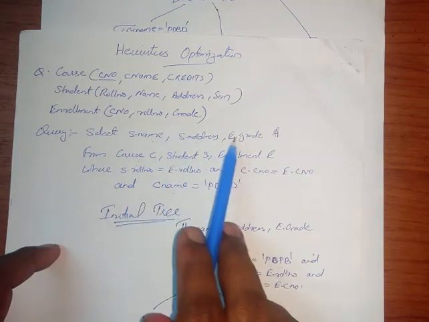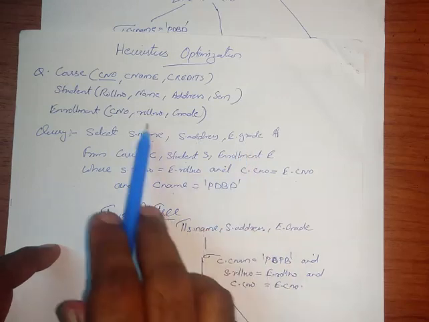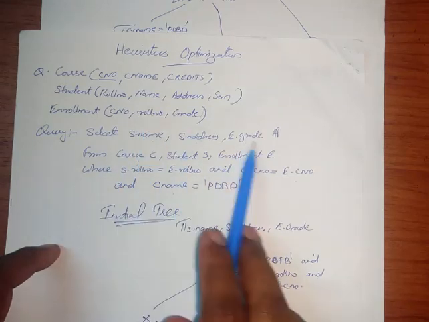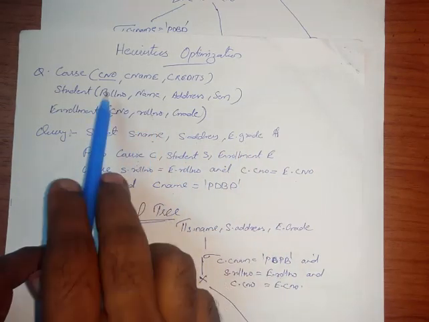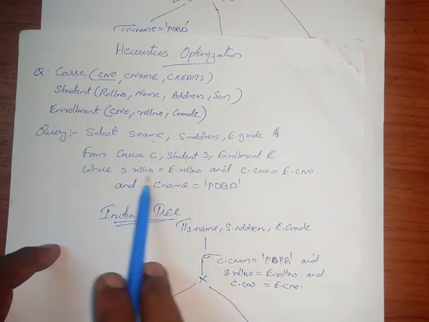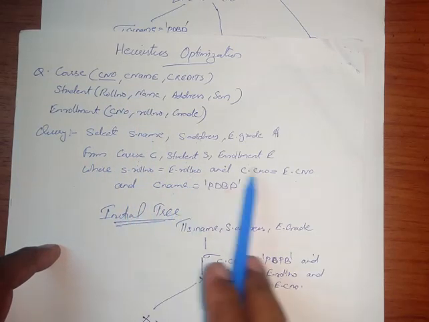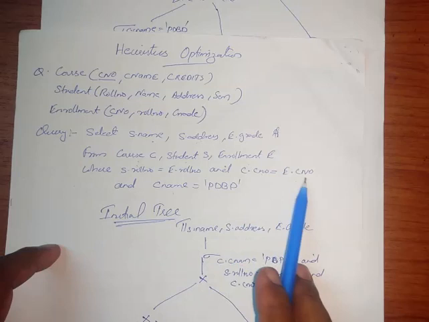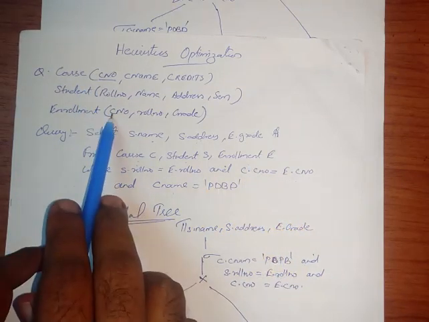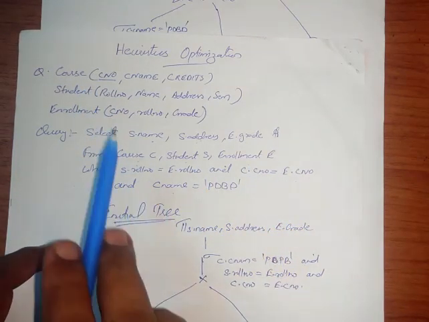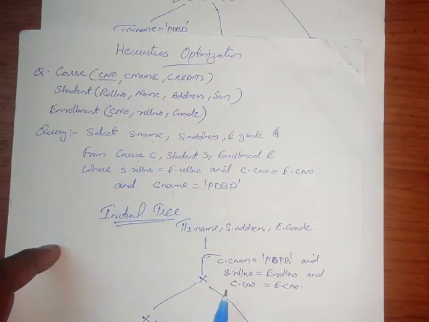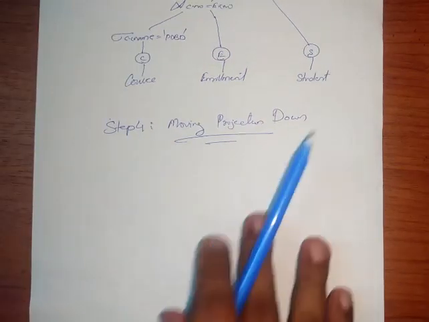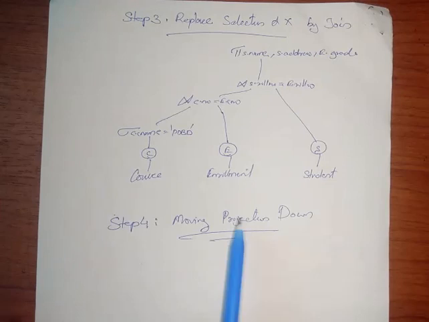And from the enrollment table we know that the selection statement contains the grade, and roll number is used in the where condition. So from the enrollment table we can see that C number, roll number, and grade are required either in the selection statement or in the where statement. So you have to check like this. We have to check what all attributes from the given table are required either in the selection statement or in the where condition.